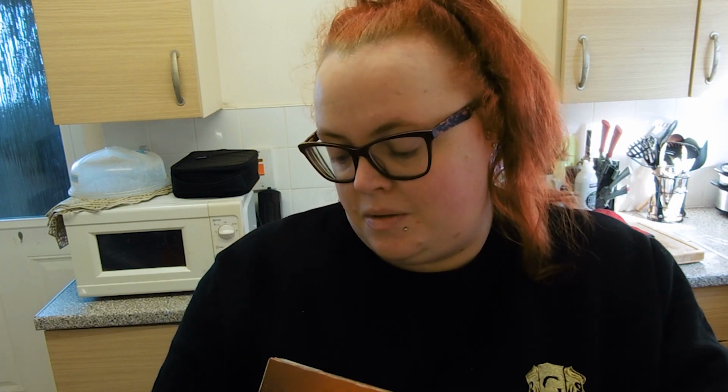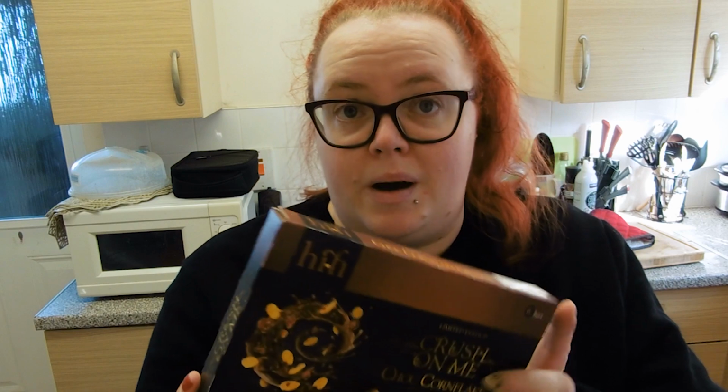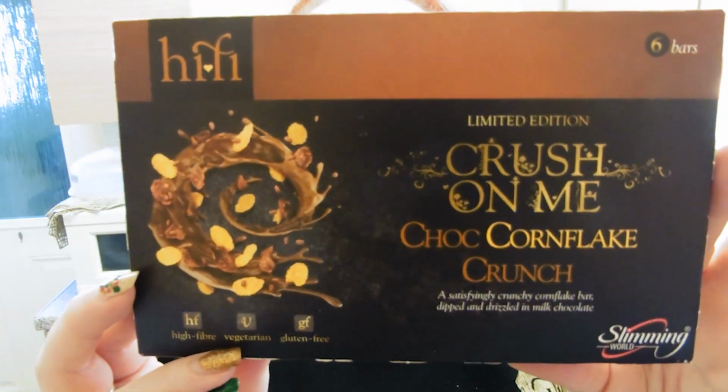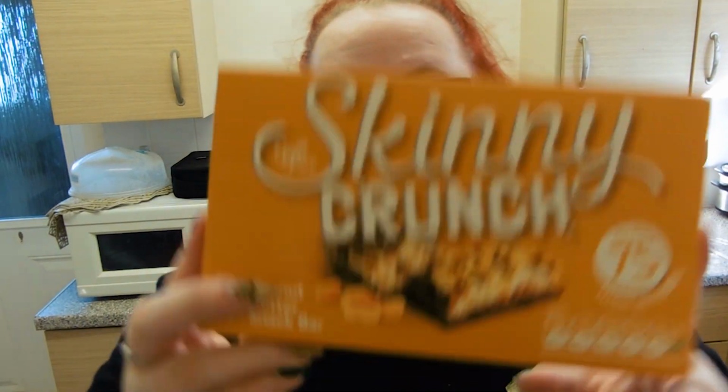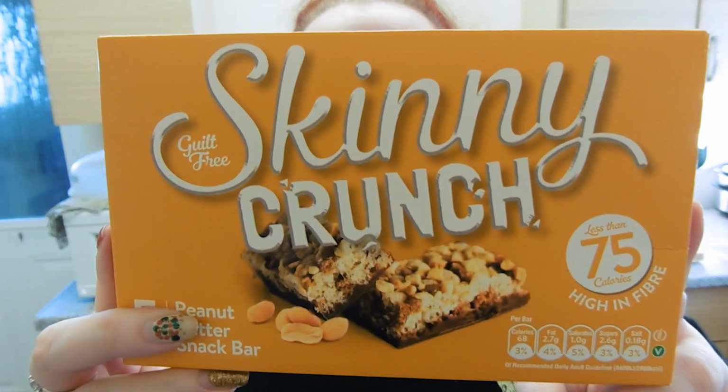I do have a question. So I was thinking of giving these away to one of you guys, but I just checked the date and it was end of December, but it's these hi-fi bars. Obviously it says December 21, but I should be alright, shouldn't they? If anyone does want them, or if there is enough interest, I've got these that I don't eat. So these are the chocolate cornflake ones, and I've got a pack of the Skinny Crunch peanut butter ones, which